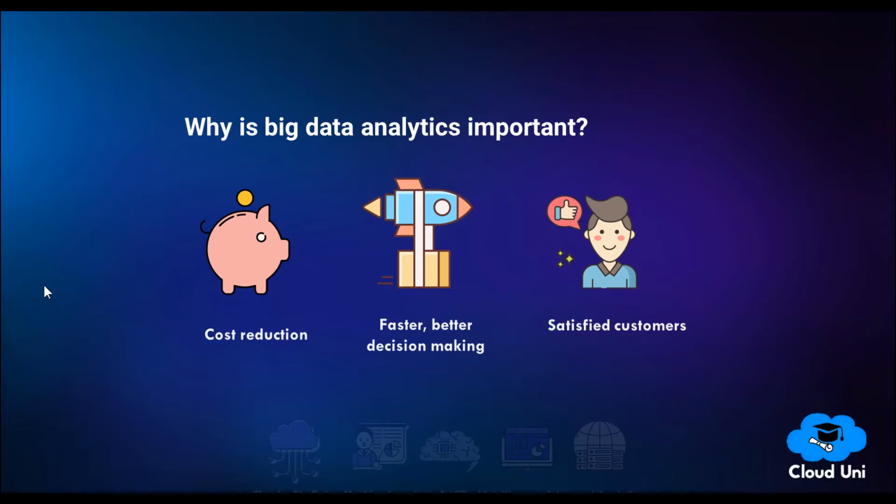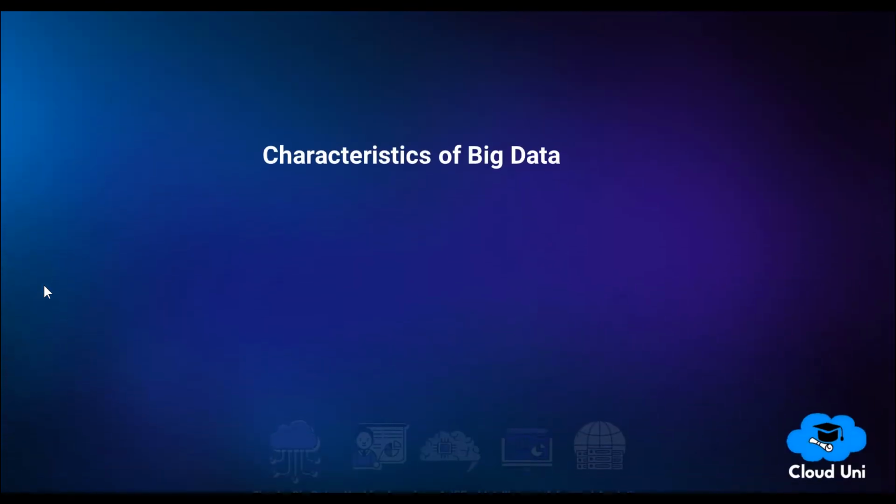It is pointed out that with big data analytics, more companies are creating new products to meet customers' needs. There are some terms associated with big data that actually help make things even clearer. These are essentially called the characteristics of big data and are termed as volume, velocity, and variety, giving rise to the popular name 3 Vs of big data, which I am sure we must have heard before. But if it feels new to you, do not worry. We are going to discuss them in detail here.